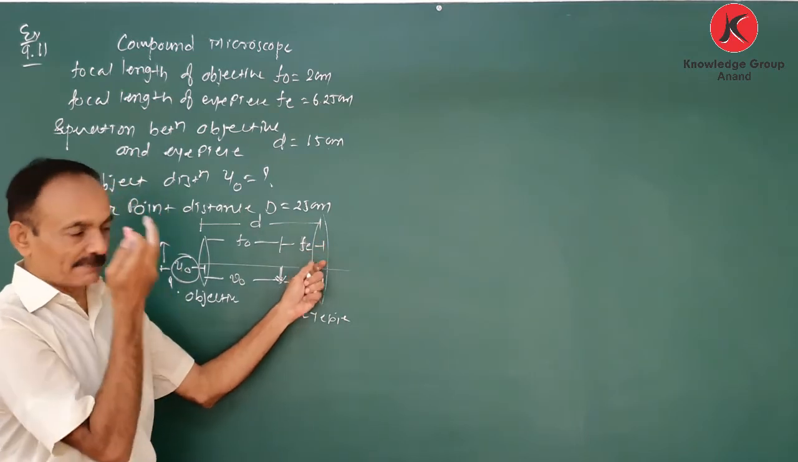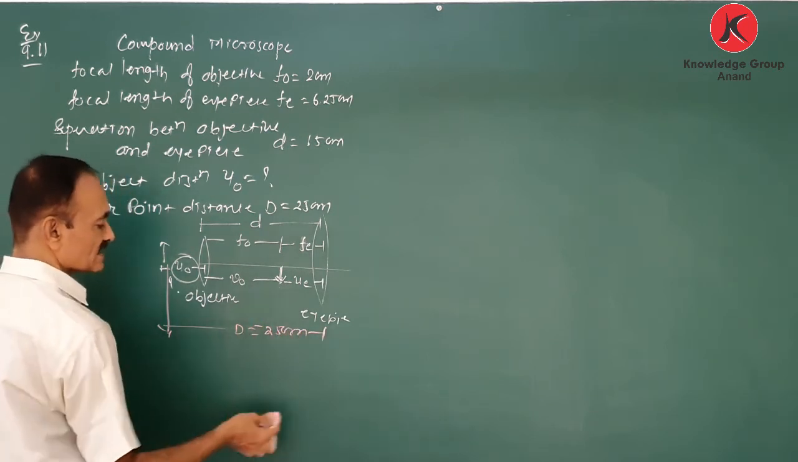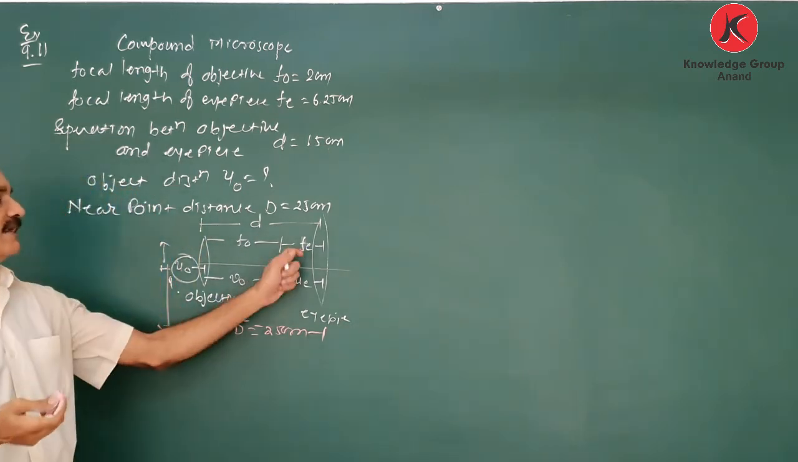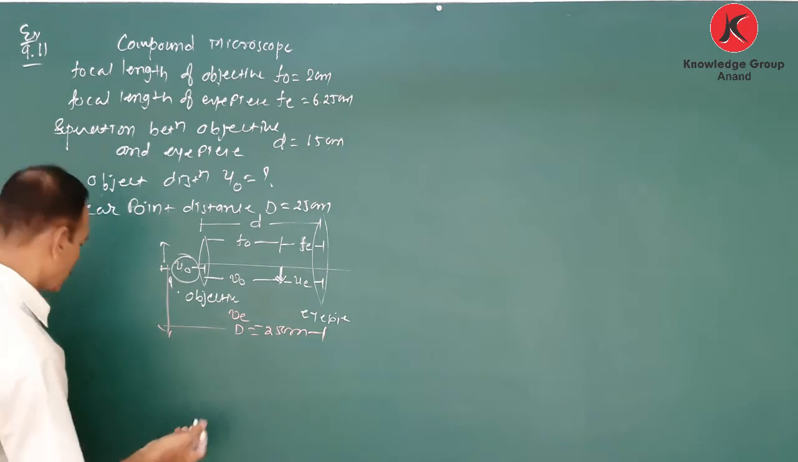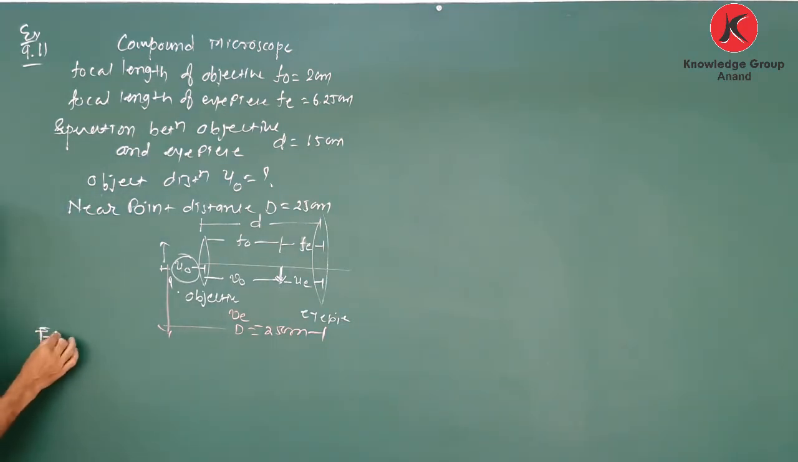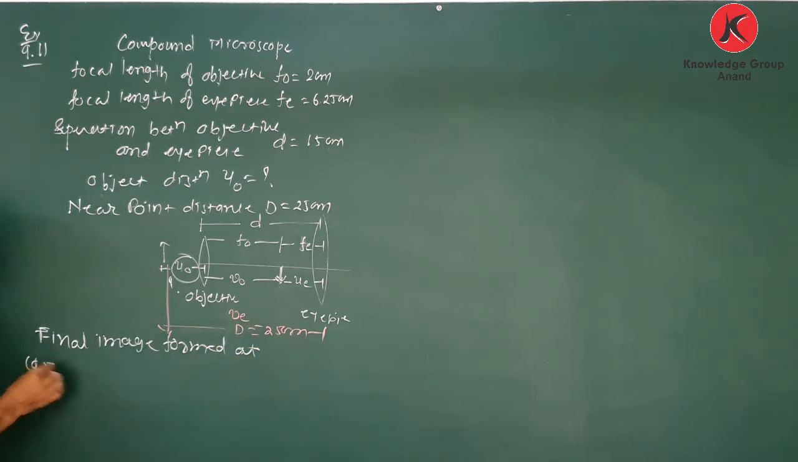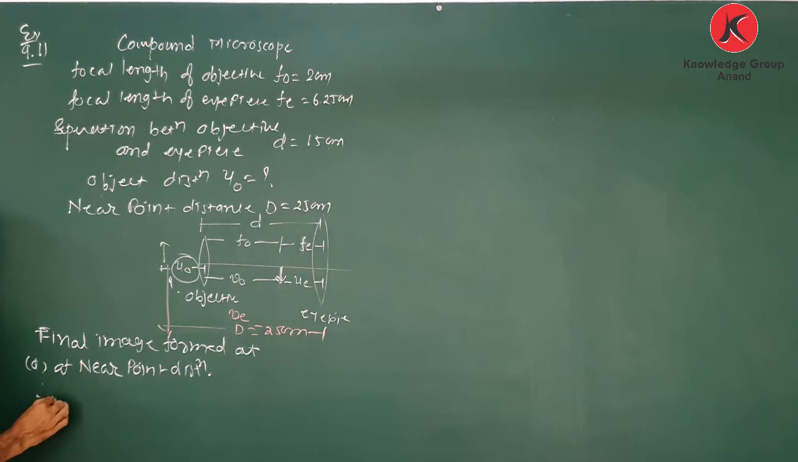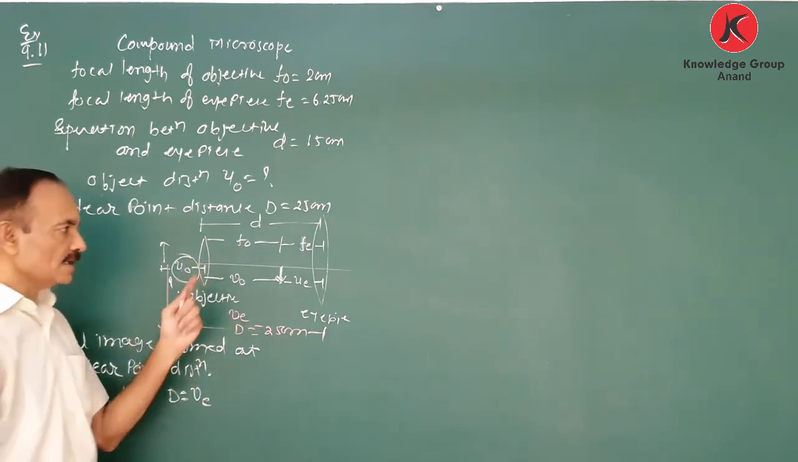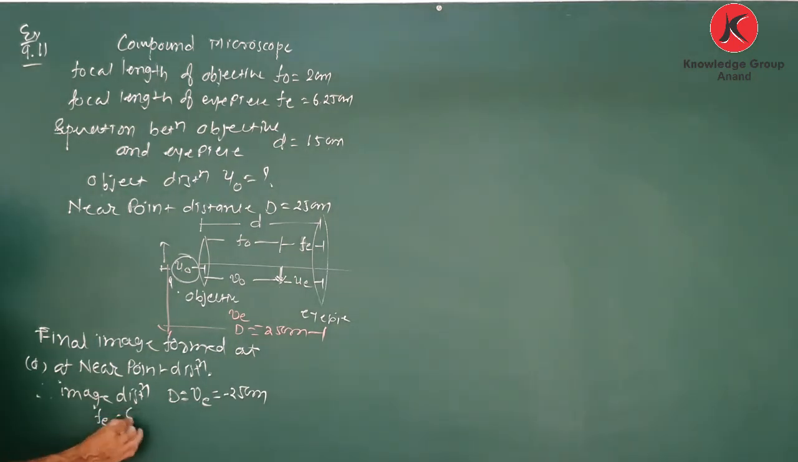Now, the image formed by the eyepiece first is at near point distance here. That means D is equal to 25 centimeter. So the final image is formed at near point distance. Therefore, the image distance for the eyepiece V is equal to minus 25 centimeter and FE is equal to 6.25